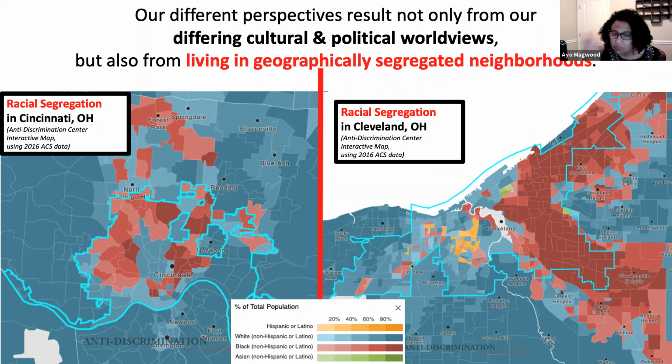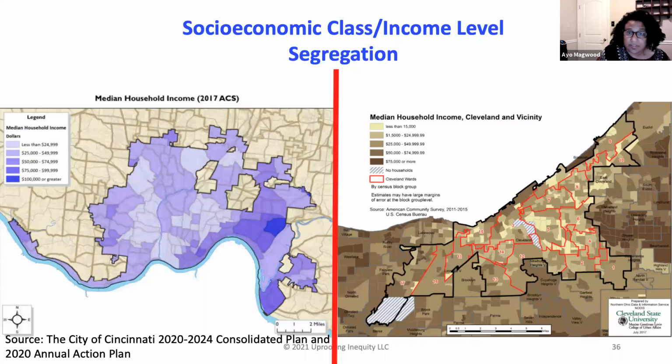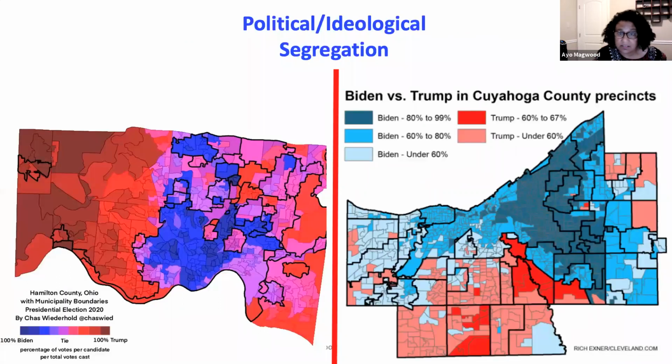access quantitative issues through maps. So for example, this is racial segregation in Cincinnati and Cleveland, right? So I think even a young child with some help can start to understand structural racism, to understand that racism is not just individual bias, through these maps. Also, the socioeconomic segregation or income level segregation, and political or ideological segregation, allowing them to see these patterns and connecting it with today, like understanding how history affects this segregation, these residential and school patterns, and how that affects